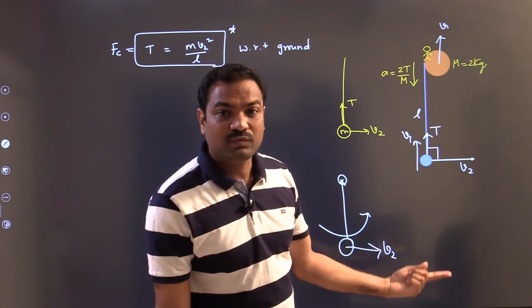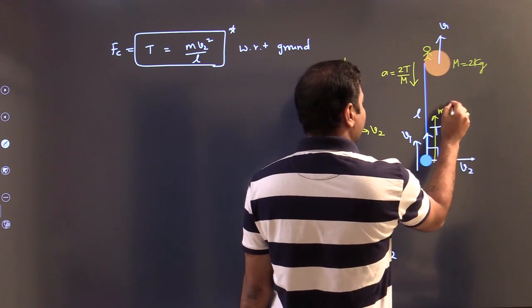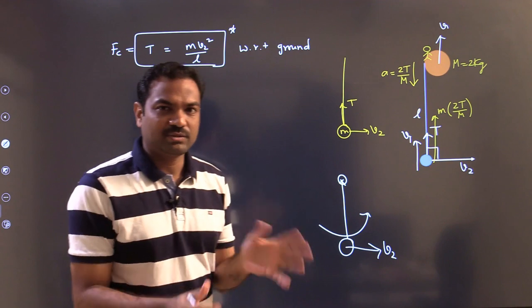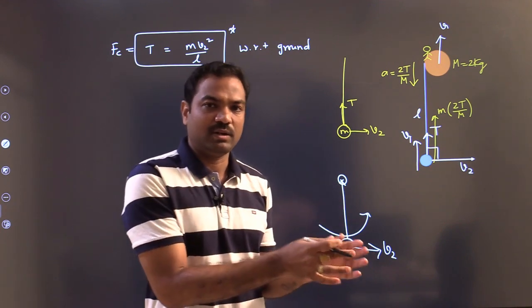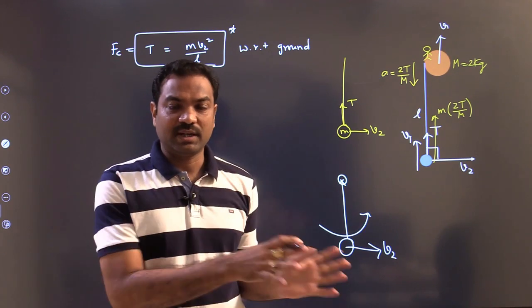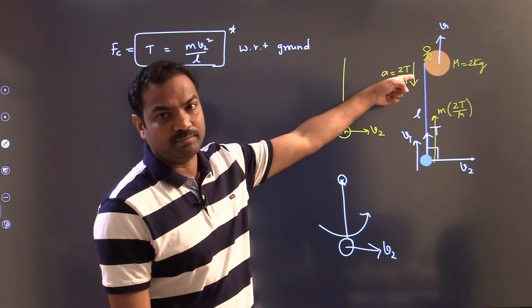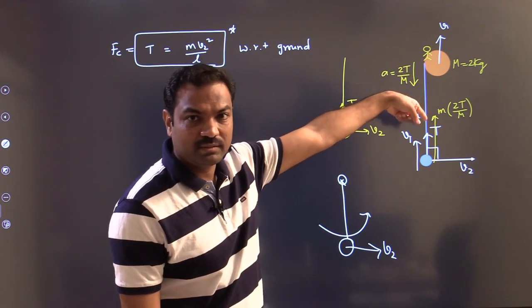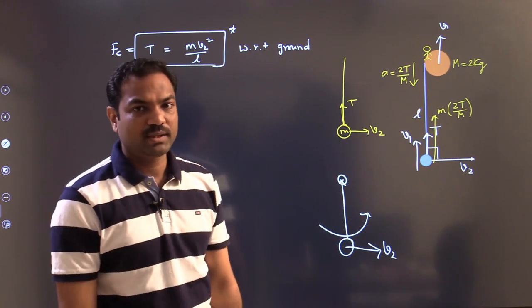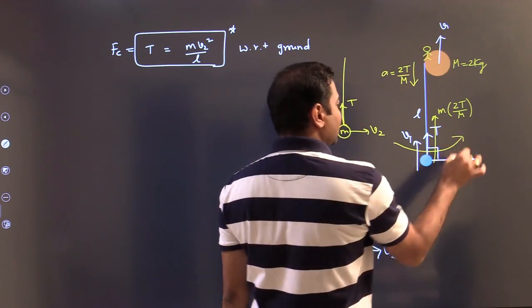So I need to add one more force, that is the pseudo force. What is the pseudo force? It acts opposite to the acceleration. So I can write small m into the acceleration of the frame, 2T by M. Usually the pseudo force is the mass of the particle on which you are applying multiplied with the acceleration of the frame. That is the pseudo force magnitude, and its direction should be opposite to the acceleration of the frame. I am taking the acceleration direction this way, you can call it retardation as I said, so opposite to that is the pseudo force. Now with respect to this observer, the particle is in purely circular motion.